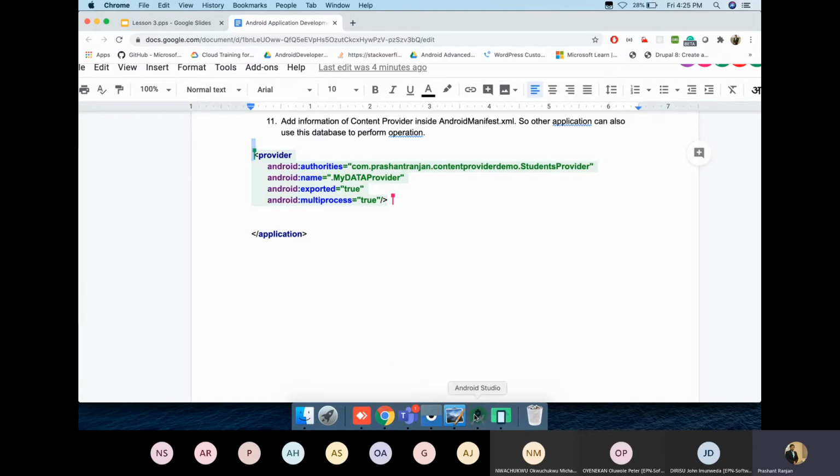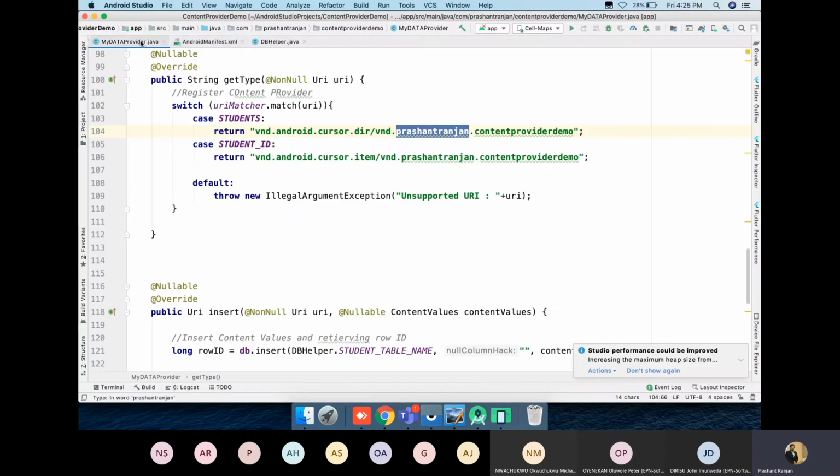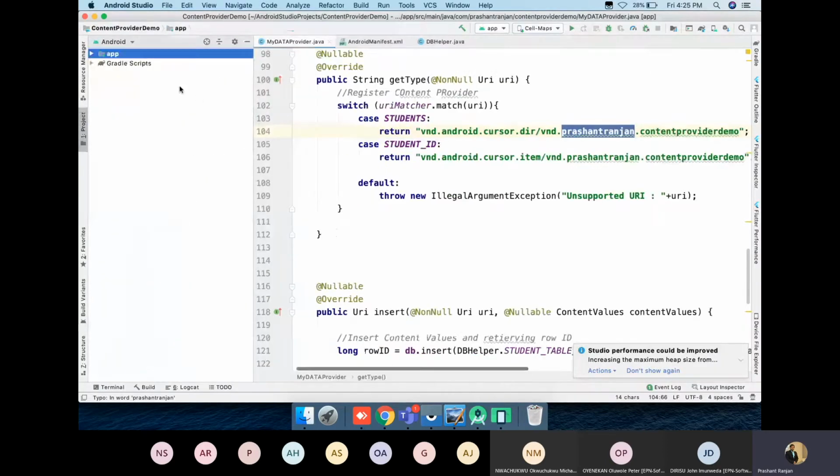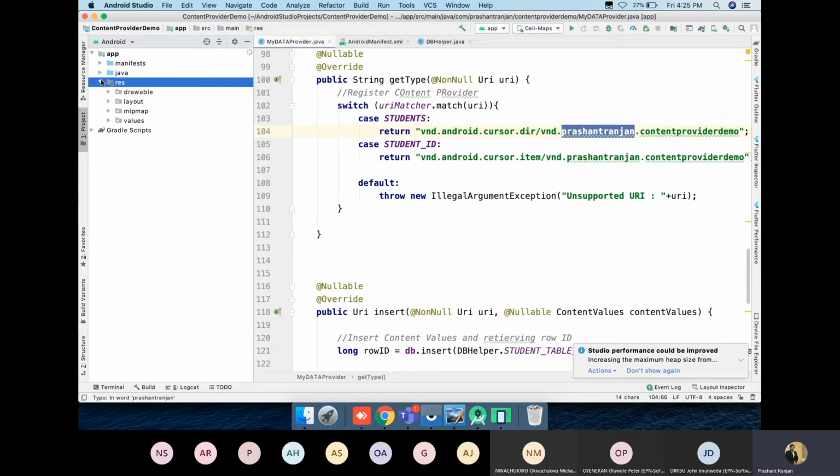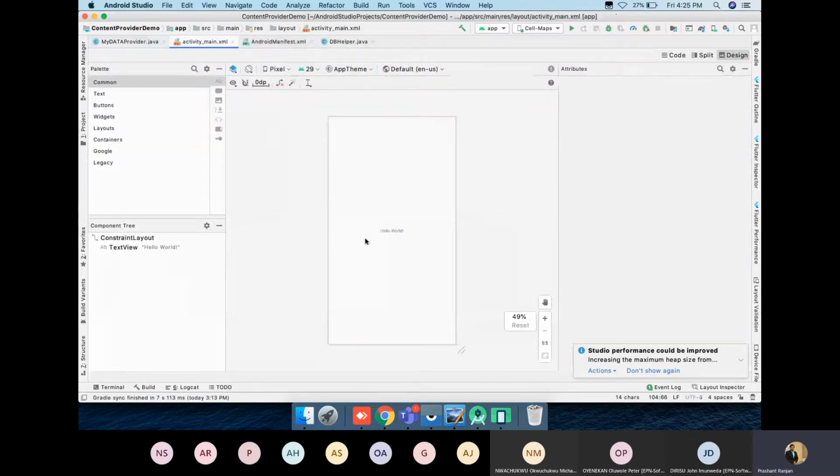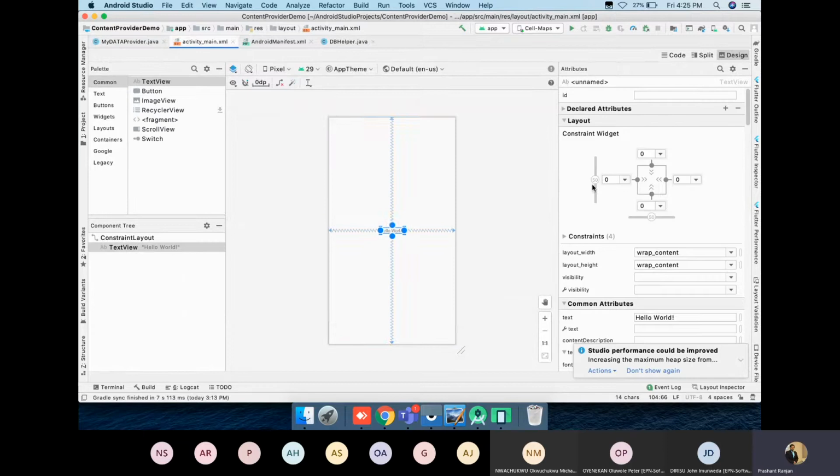So we'll see how we can interact with main activity. To do this main activity job, we have to design, because only one field I'm going to work with. So just take one plain text and do the operation with that. Very basic stuff we will be doing here. That will give you an idea about working with that.